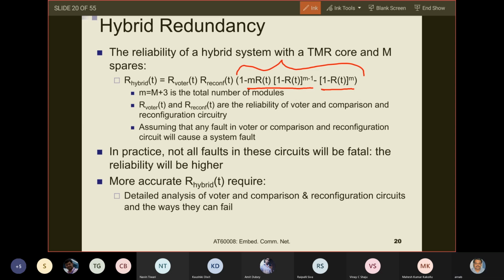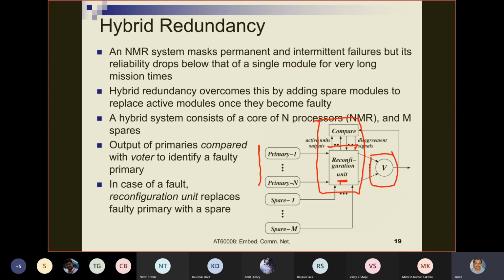Yes, sir. I'm still not clear about that m times RT that you are multiplying there with 1 minus RT. So this m times is telling me it is MC1. Okay, you have m modules, got it. So the point is that you have total small m modules. So small m is m plus 3, correct. Small m is m plus 3 because you have three of them here, the primary 3,